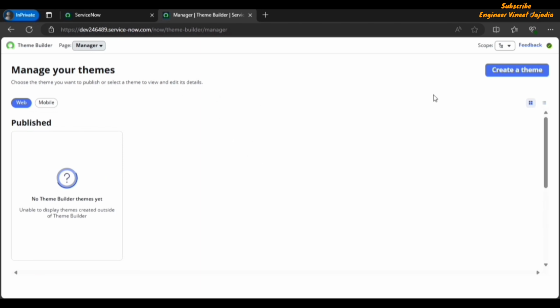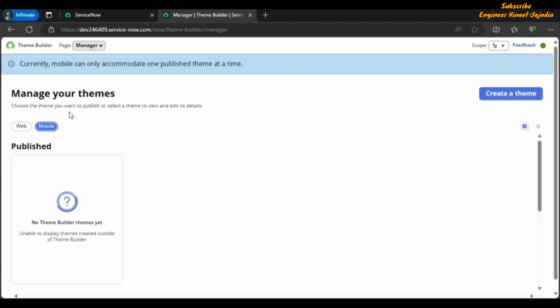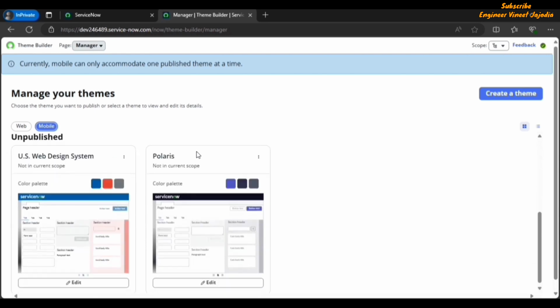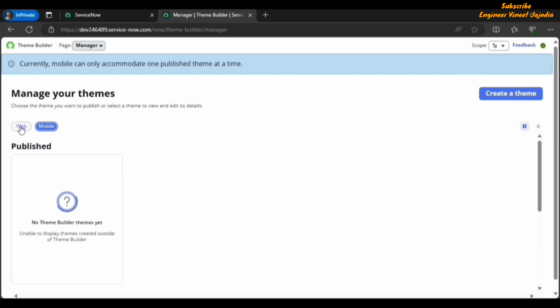From the manager page you can also create a theme, and if you can see there are 2 buttons available, web and mobile. So if you're creating the theme for web, select the web button. If you're creating the theme for mobile, select the mobile button. But in mobile you can only publish one theme. So once we click on mobile button, there is a message appears: mobile can only accommodate one published theme at a time. Okay, only one published theme for the mobile. Okay, let's go back to our web,